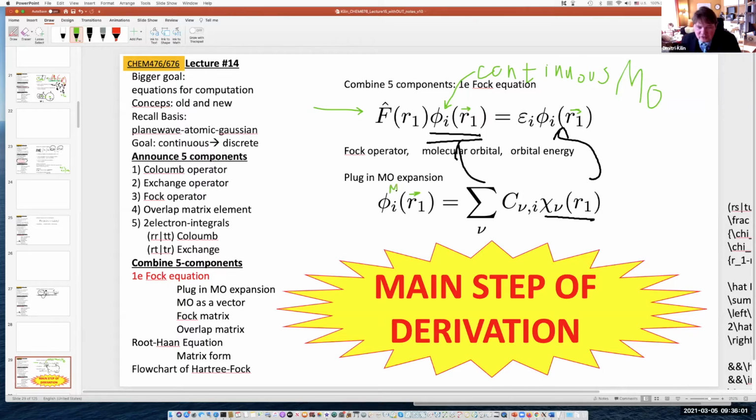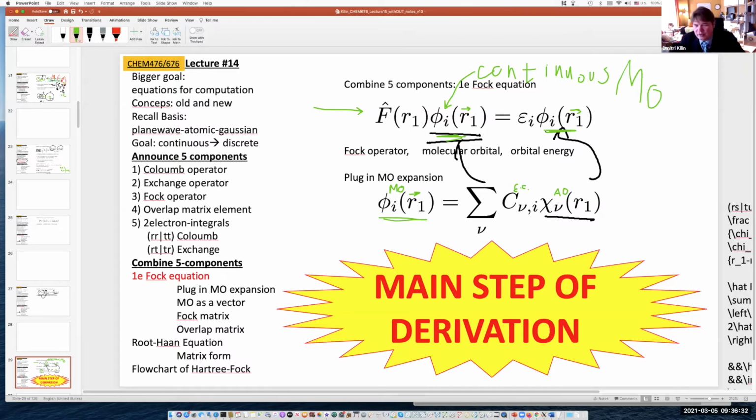The molecular orbital is represented as a summation of multiple atomic orbitals with a set of unknown expansion coefficients. We are going to plug in this expression for phi every time we see the symbol phi in the first line. So we will plug the second line into the first line